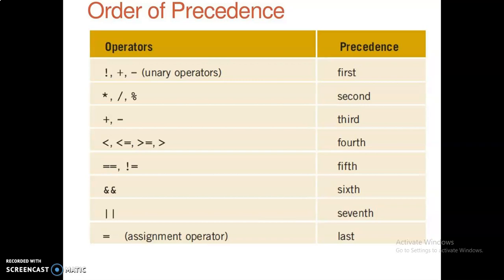Next, this is the order of precedence. In C also you learn about precedence of operators and evaluation of expressions according to the precedence of operators. First, the unary operator has the highest precedence, and then the normal bracket, and then star, division and mod symbol, and then plus and minus, and relational operators, and equal to, not equal to, and, or. The equal to operator has the last precedence in the evaluation of expression.